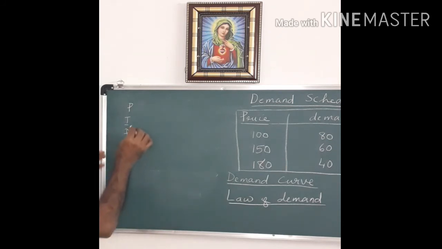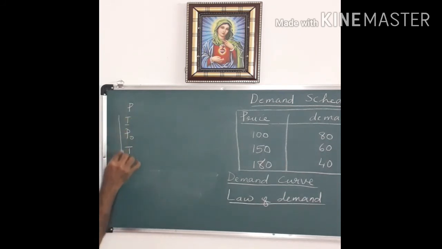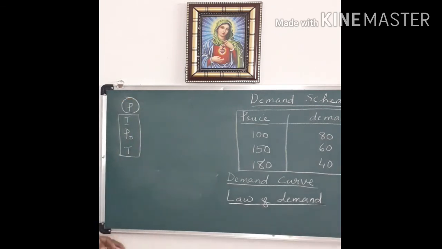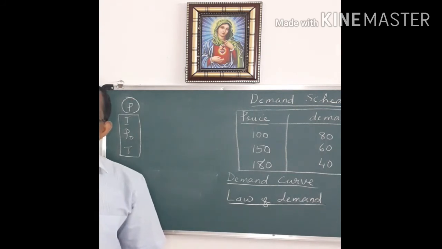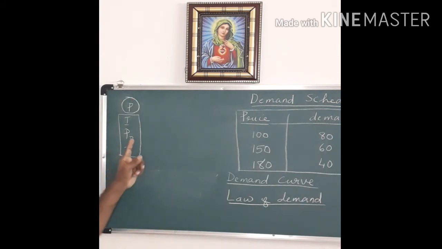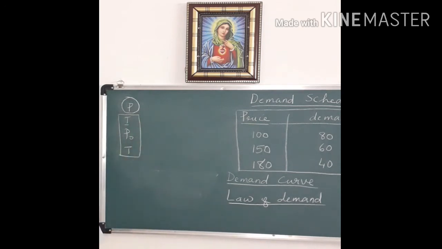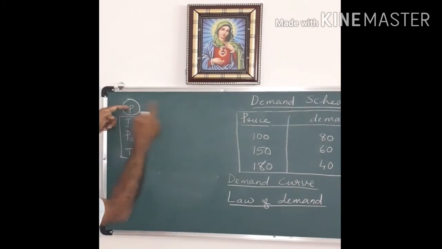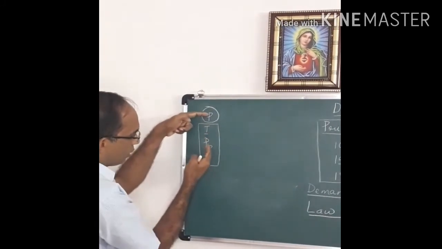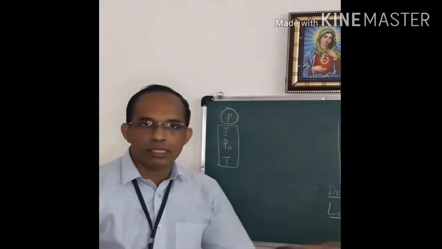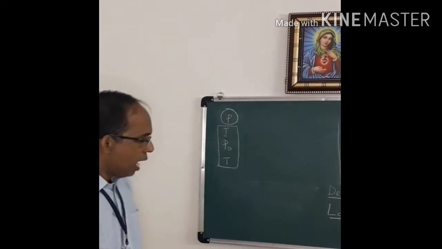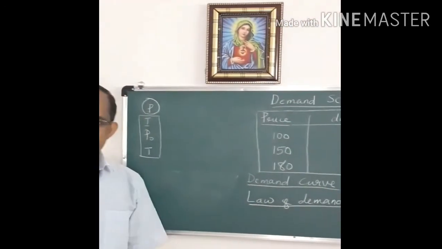And we divide these factors mainly into two categories: non-price factors and price factor. And in demand analysis, we consider these non-price factors as unchanged or remaining constant. We study only the relationship between price and demand, while income, price of other goods, taste, etc. remain the same. Clear? And what does the law of demand say?